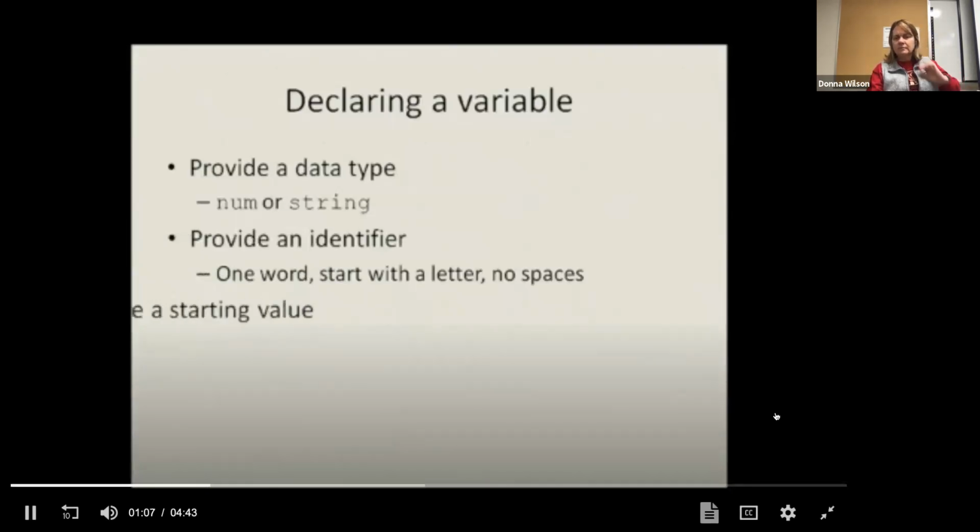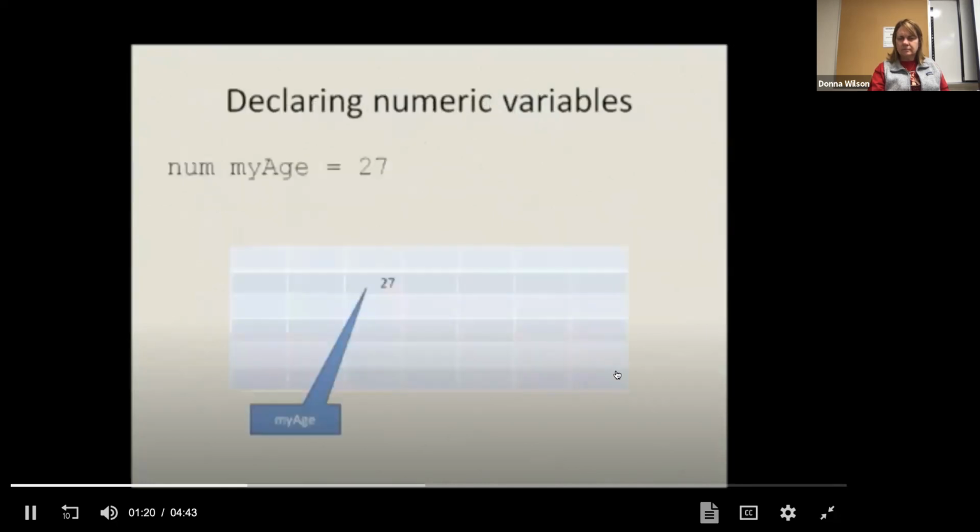When you declare a variable, you also have the option of providing a starting value. If you provide a starting value, it's called an initialization. The starting value is an initial value. For example, you could declare a numeric variable called my age by giving it the data type num, calling it